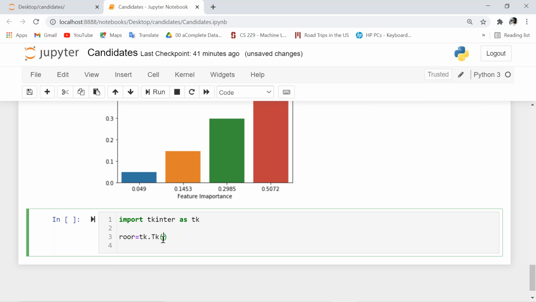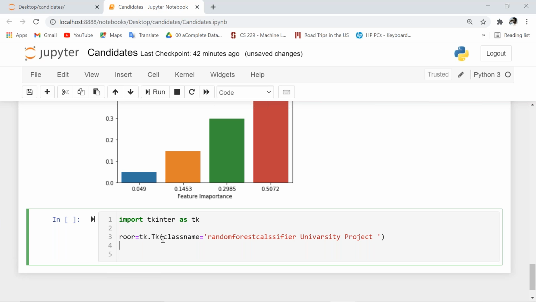Class name means specifying the name, the user title. Class name: random forest classifier university project, and also we need to use that